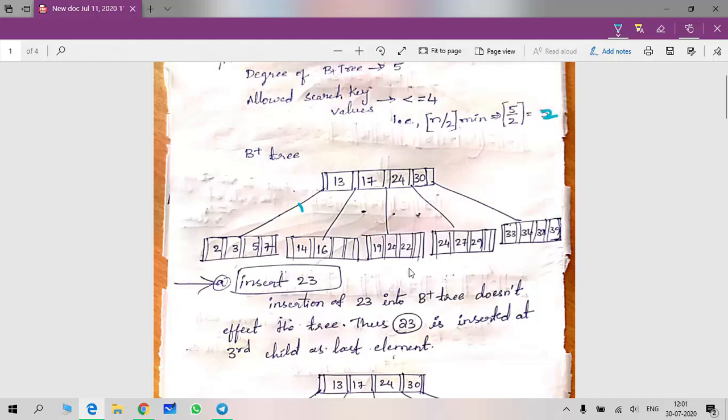From now, whatever we are inserting, there are 3 considerations. First one is, whenever we are inserting an element into a node which is having less than 4 values, then there is no problem. We can directly insert into it by checking the left subtree as lesser than the root value and the right subtree as greater than the root value.